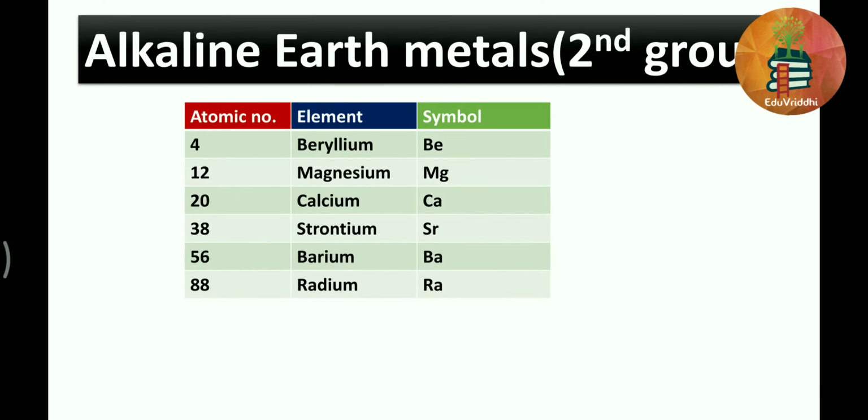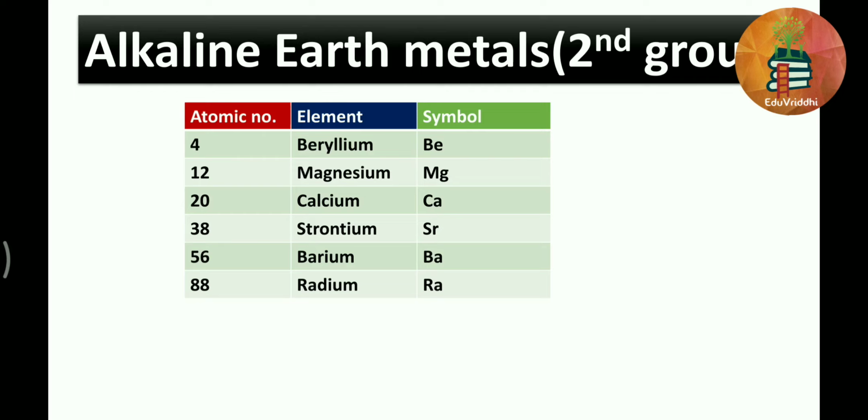Next, let us see how to remember the names of alkaline earth metals. For this also I have created a story, and the story goes like this. There will be a famous bakery in a street, and in that bakery there will be a senior baker whose name was Raghav. And this Raghav was so hard working that his work was appreciated by the owner of the bakery. And this owner thought to give some gift to Raghav for his work. So one day the owner gave the best manufacturing car in the world as a gift to senior baker Raghav.